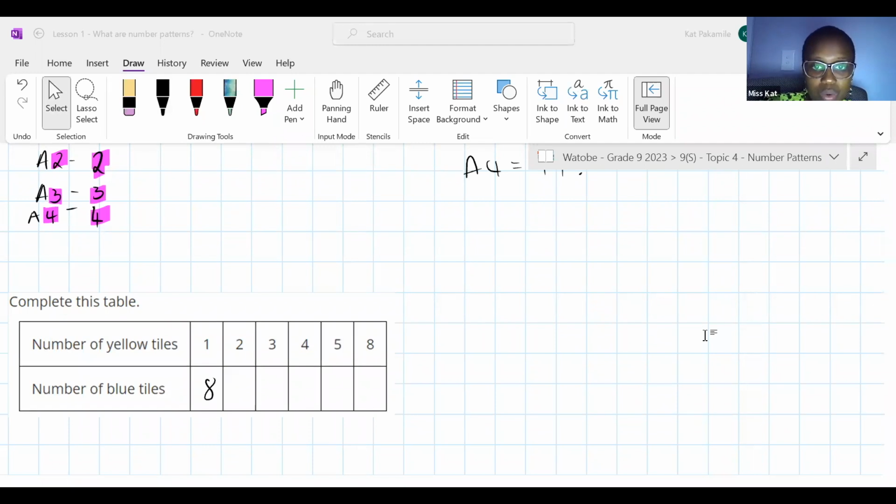Nonkululeka's hand is up. Do you have a question? No? Okay. And then in arrangement 2, we had